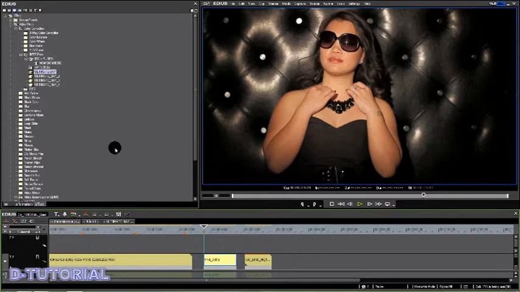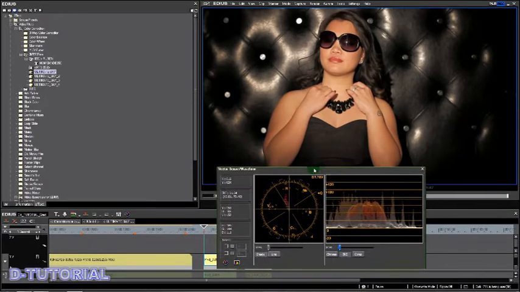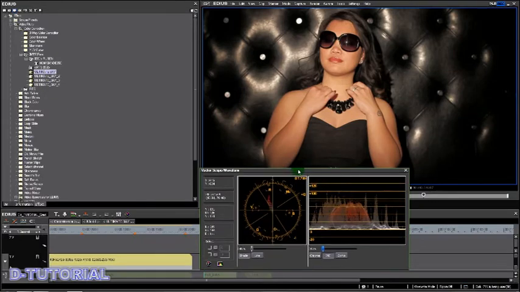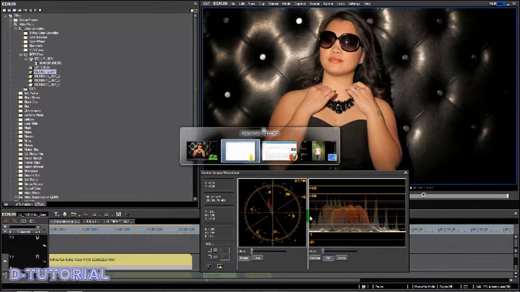Anyway, so the scopes, how are they handy? What are they used for? Before I jump too deep into those, let me start by saying that I am not a technician, and I'm not. Let's just leave it at that. So I know what these things do, and I know how they can be helpful. But if you really want to know exactly what these figures mean and how they're derived and what all these graphs really mean in a technical sense, I urge you to go to